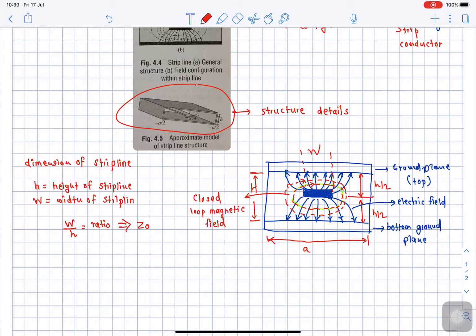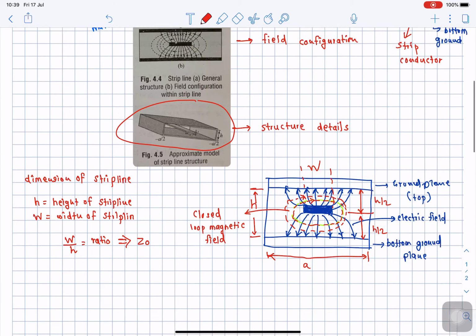Okay, so here I explained the construction, how the strip line looks like, and then I have drawn the field configuration for electric field and magnetic field, and we saw how the strip line is described in terms of a dimension. The dimensions are very simple. We need to find appropriate height and appropriate width. Also there is one more important term, that is a dielectric constant epsilon r. This is the dielectric constant material filled in between the strip line and the ground plane. So the dielectric material has certain dielectric constant.